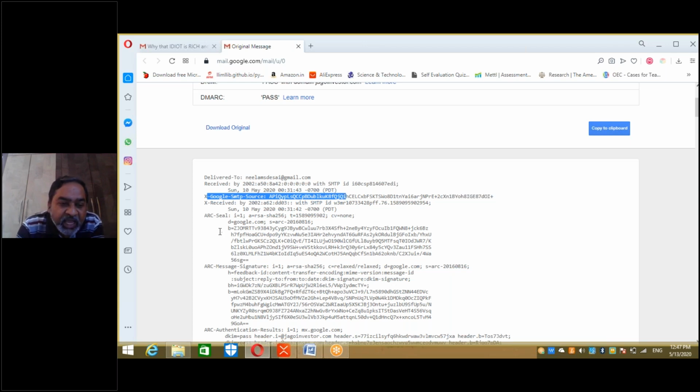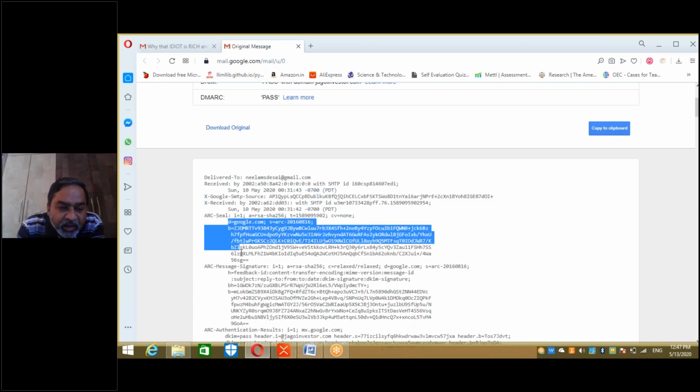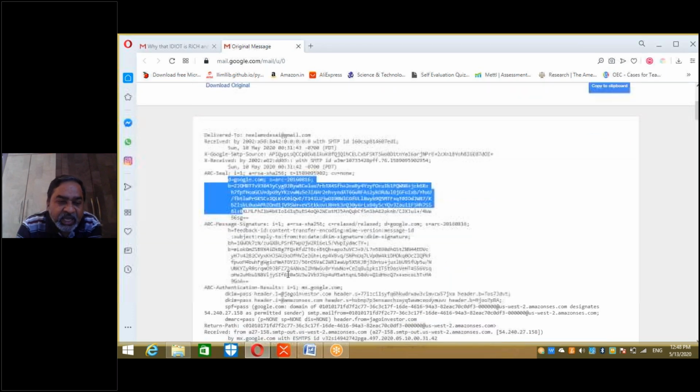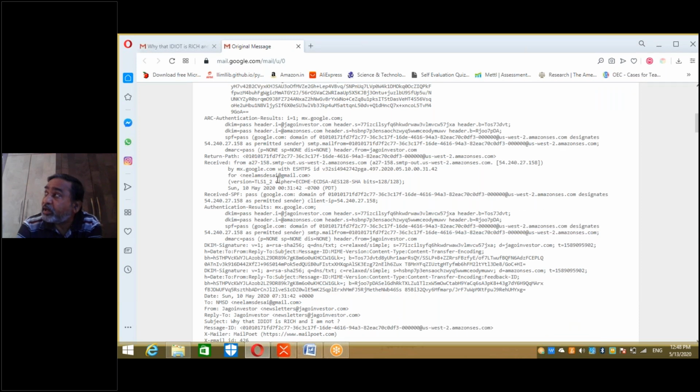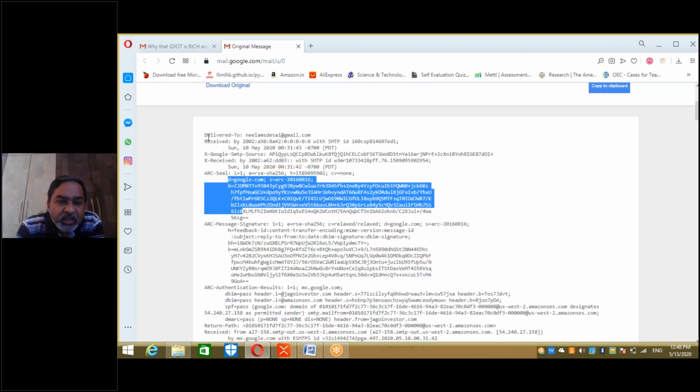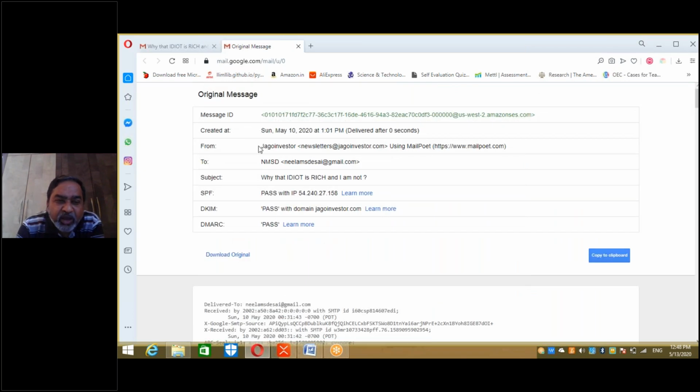From there, it may have gone somewhere in between. You see, all these are in-between services, that is, the hops taken by this. This cannot be modified here. So seeing this, maybe I'll make a change here by making a copy of it. So I can make changes in my copy here.